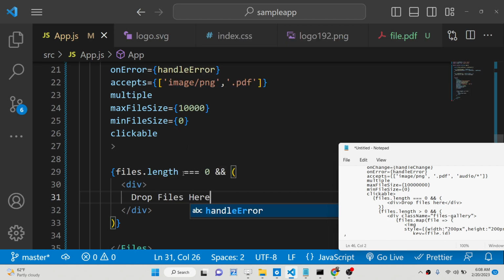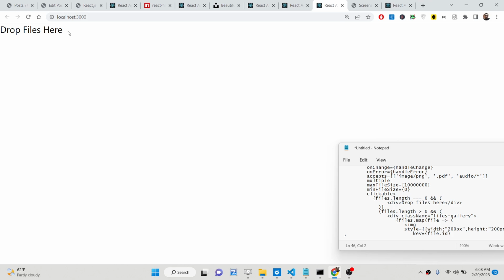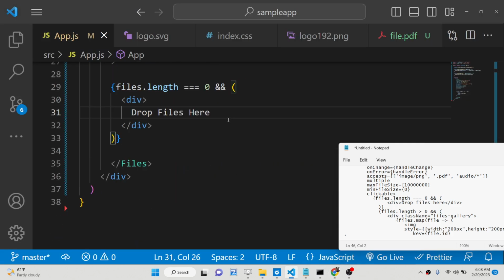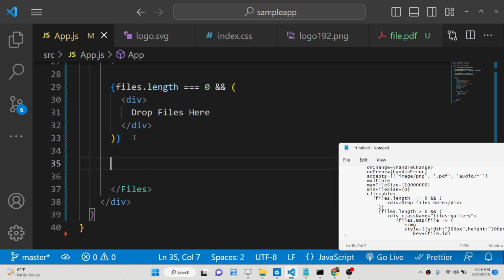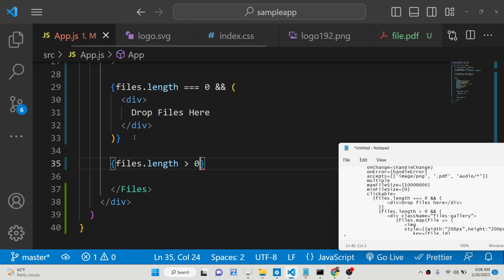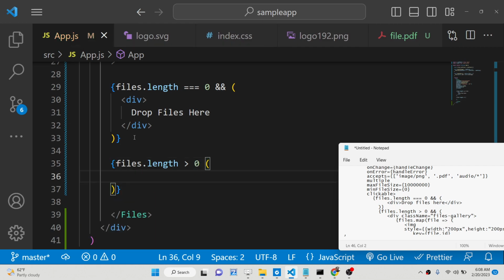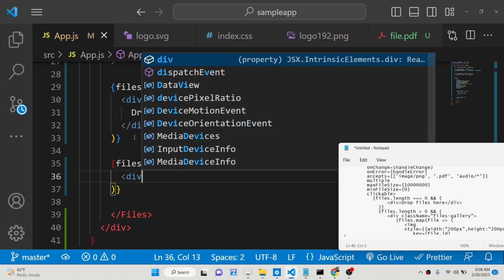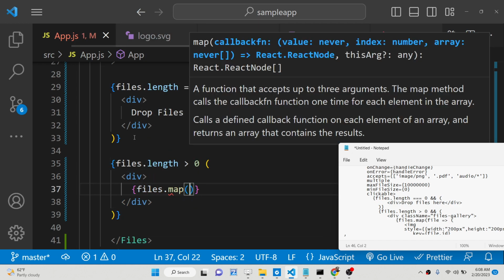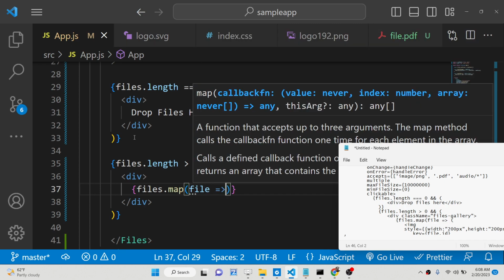That's all. So if you reload this, you will see drop files here. As you click this, you will see it open. And after the user has selected, files.length is greater than 0. In that case, we can loop through the images. We can say files.map, and for each file